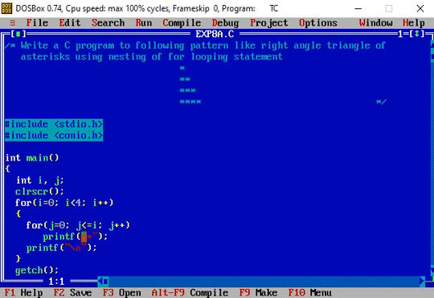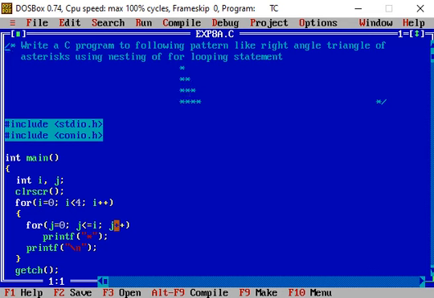So in the inner for loop, j equal to 0, j less than or equal to i, now i is equal to 2. So for j equal to 0, 0 is less than or equal to 2, the condition is true. Then the printf statement prints the first star in the third row. Then the value of j is incremented. This value becomes equal to 1. So the condition is again true, because 1 is less than or equal to 2. So again the printf statement prints the second star in the third row.